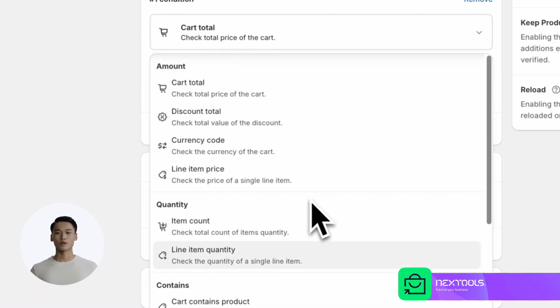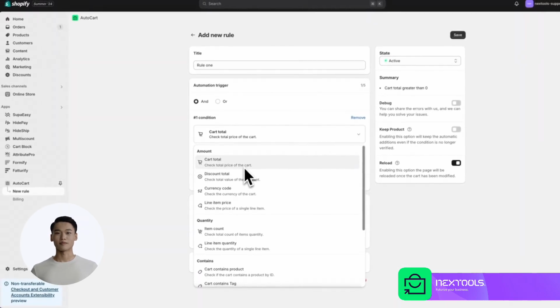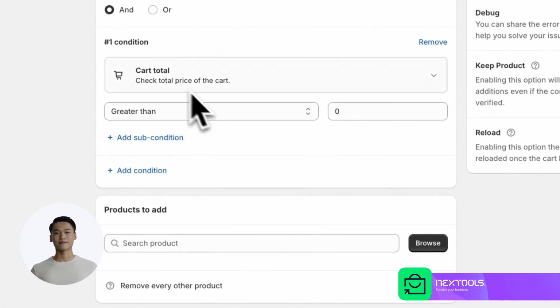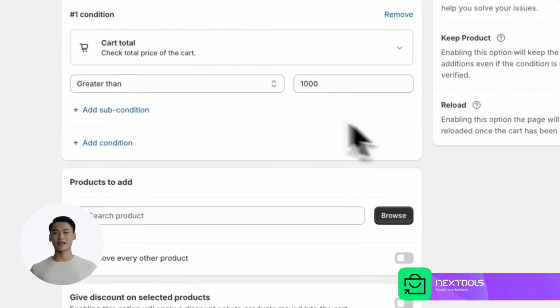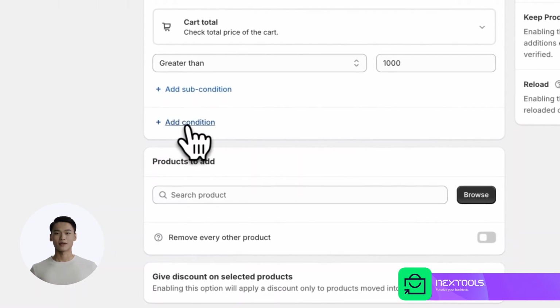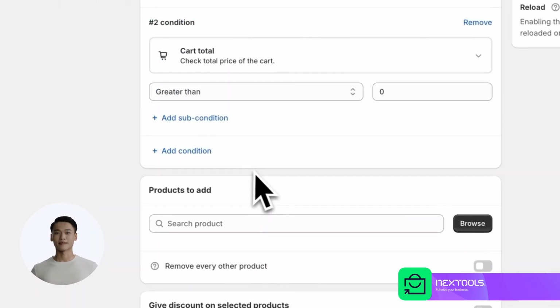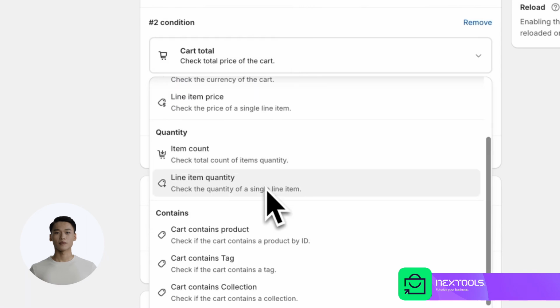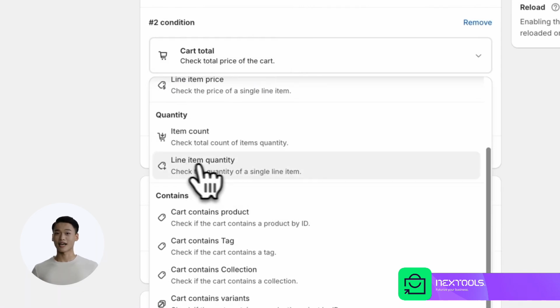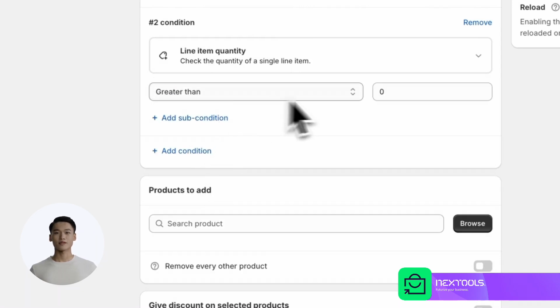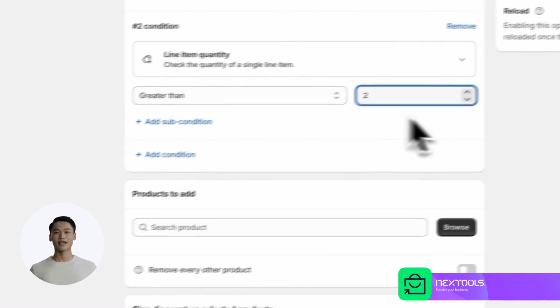In our case, we will create a rule where if the cart total exceeds $1,000 and there are at least 3 products in the cart, we will add a beautiful snowboard to the cart and give a 99% discount only on this product. The first condition is Cart Total. Select the criterion greater than and set the value to $1,000. This is our first condition. Now, let's add the second condition right on the bottom. Click here to add a new condition, open the drop-down menu, and select Line Item Quantity. Set it to be greater than 2,